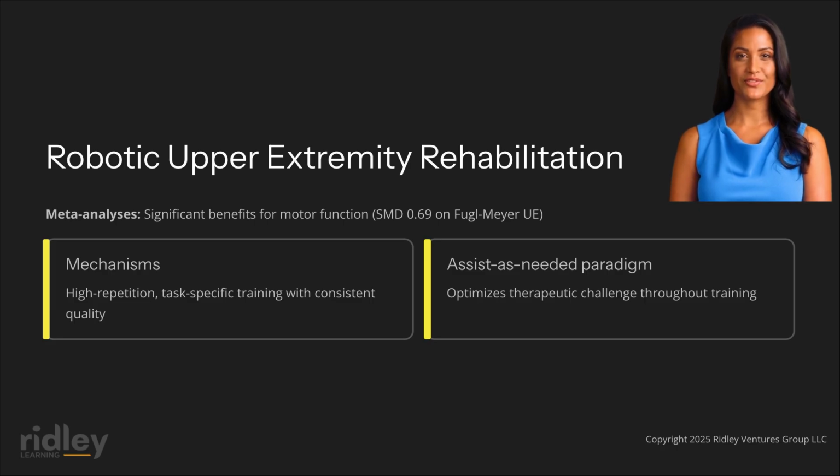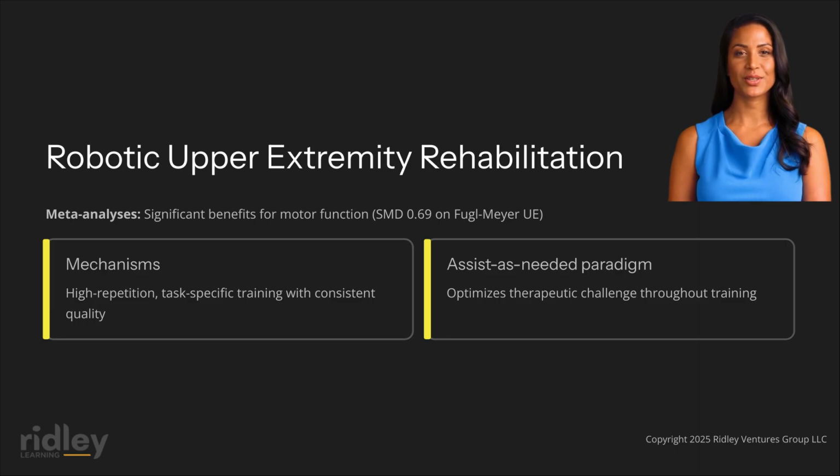These findings support the effectiveness of robotic therapy for upper extremity motor recovery, while also revealing important nuances regarding optimal dosing, timing, and patient characteristics that moderate treatment effects. The mechanisms underlying robotic therapy benefits involve multiple factors, including the capacity to deliver high repetition, task-specific training with consistent movement quality, provision of assistance that enables practice at functional levels beyond unassisted capability, and real-time feedback that supports motor